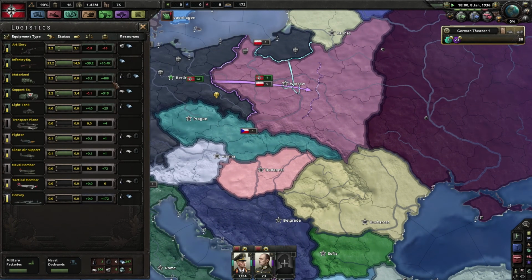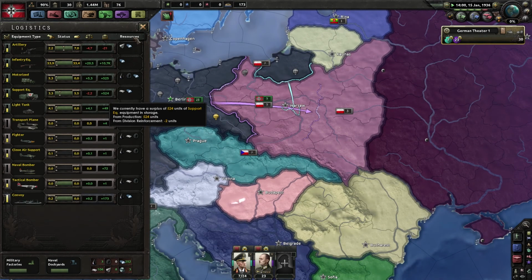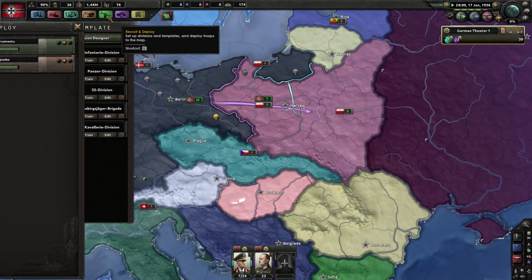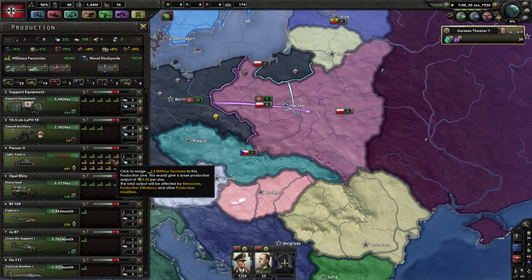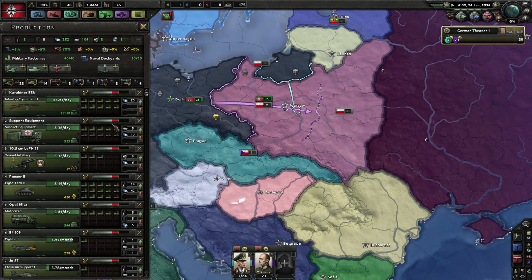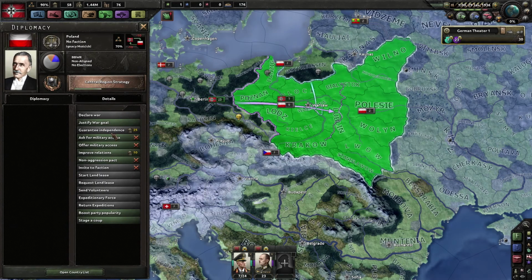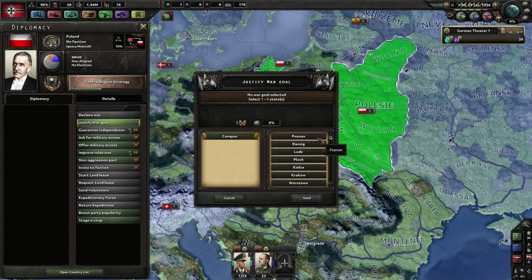Material wise, we're producing everything we need. We could use more tanks, a lot more tanks actually, and more support equipment. I didn't bounce that up. I actually did bounce that up, so a little bit more. Actually, fill that up. We will need a ton of support equipment in the end, and we can hit pause here right away again, because we can already justify the war goal